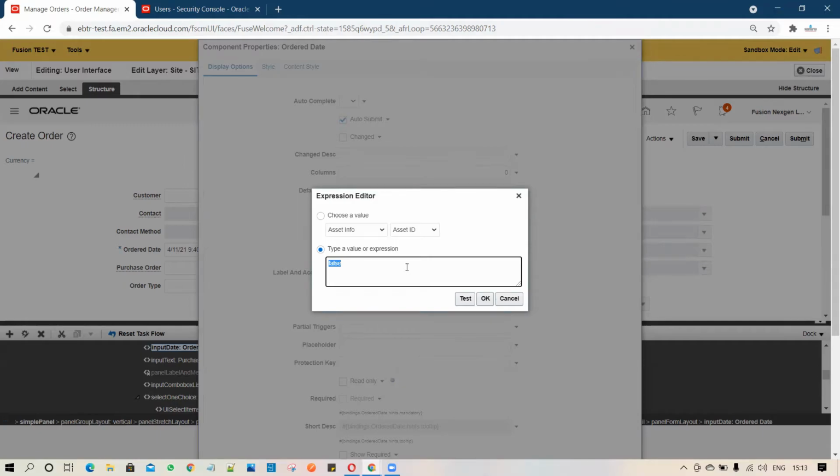If you want that for certain specific users, you have to type hash and curly bracket.